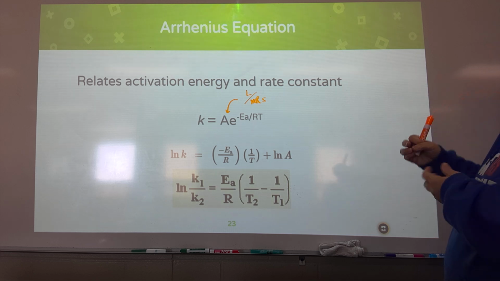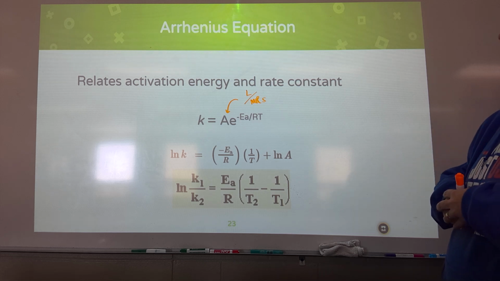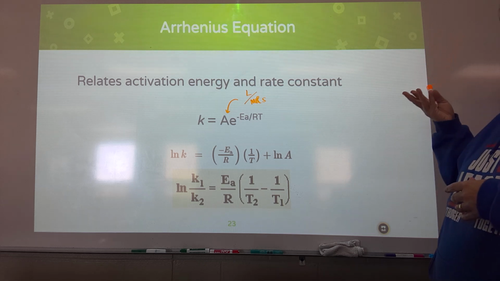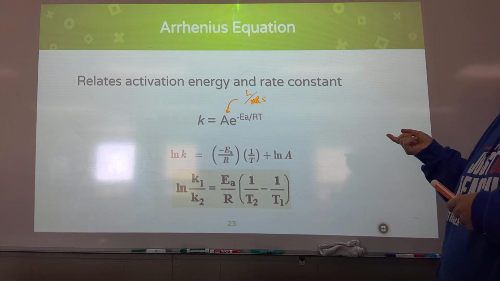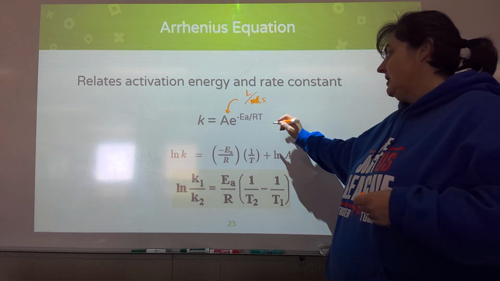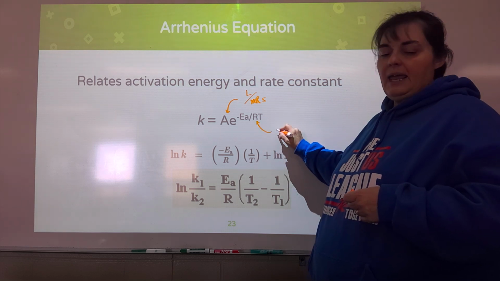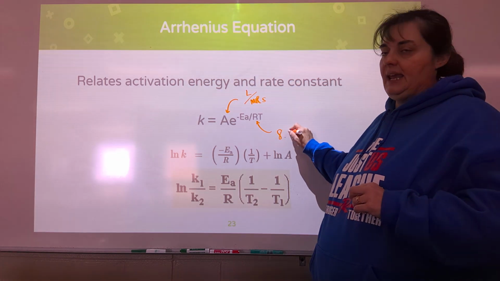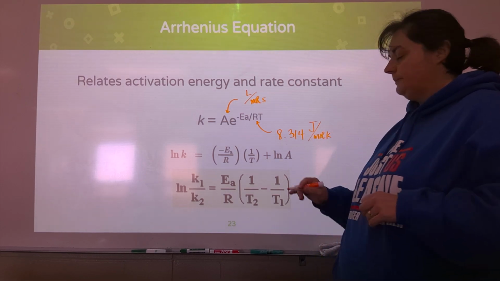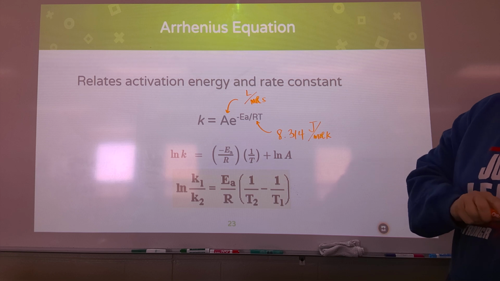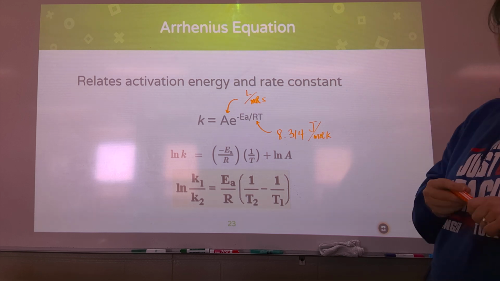And then we've got e, which is the number e, raised to the negative Ea subscript A. That's our activation energy divided by R, which is the ideal gas law constant. And the one that we're going to use is 8.314 joules per mole K. And then we've got T. T is our temperature